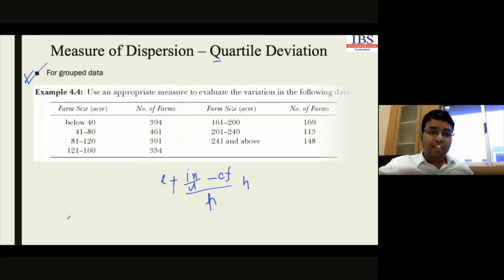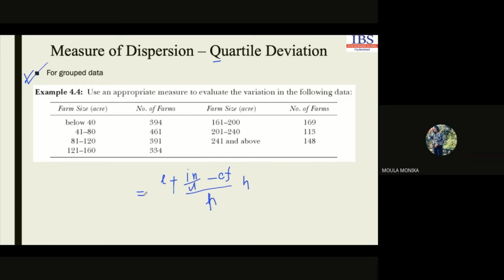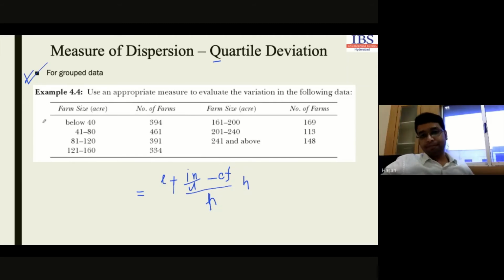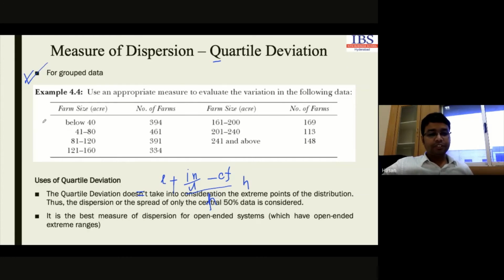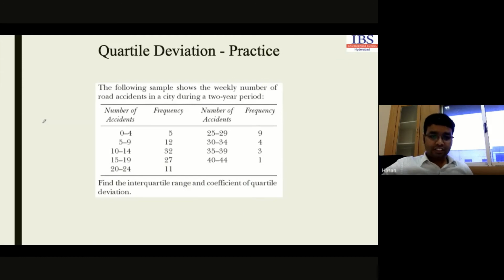But if a grouped data series is there, this is grouped data, right? So in grouped data, you can solve the quartile positions, right? First quartile, second quartile, third quartile. This is the formula we have to use. Tell me, is that clear? Yes, sir. Okay, so this will be your homework. Now, our next part is this one, and this is one problem, this is another problem. I will share this one. You just practice this. If there is any issue with quartile deviation, I'll get back to you in the next class, okay?